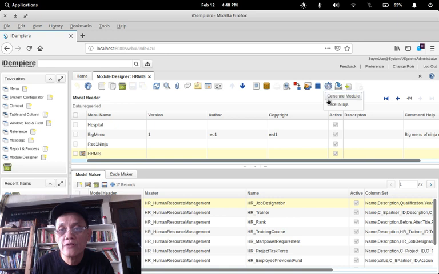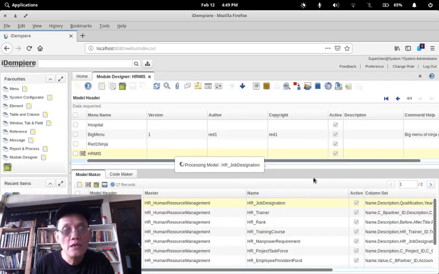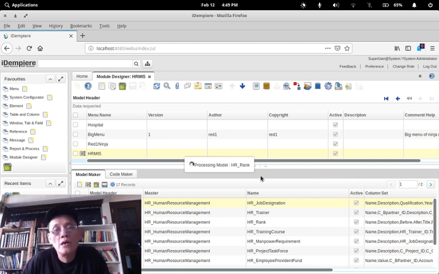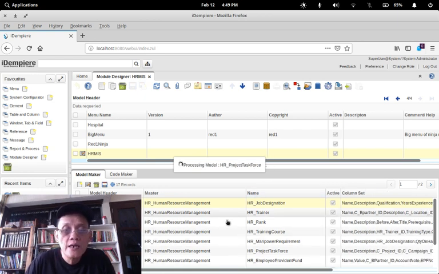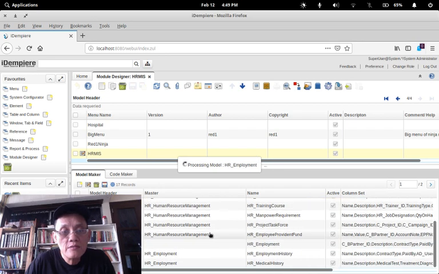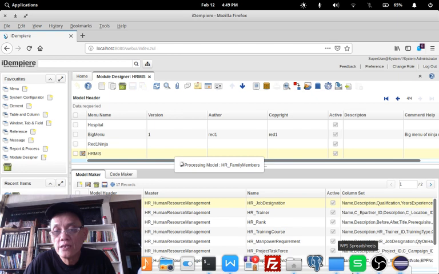So I'll generate module, and it's happening, so it'll take about 20 seconds or so. All these models will be automatically generated on the fly, and all this master detail, employment having these details, and human resource management having these sub tabs, and each tab has its properties as defined in